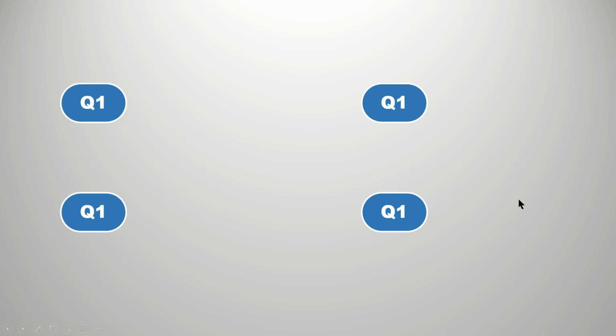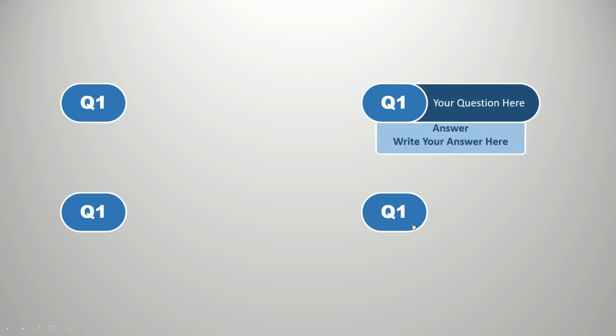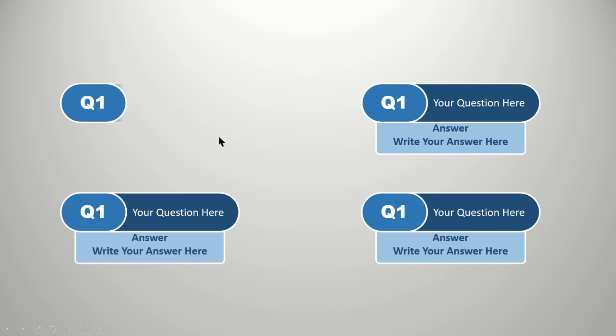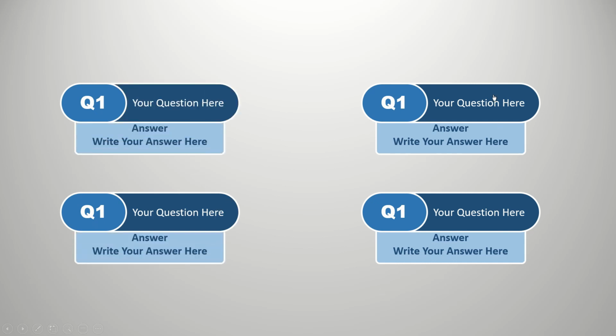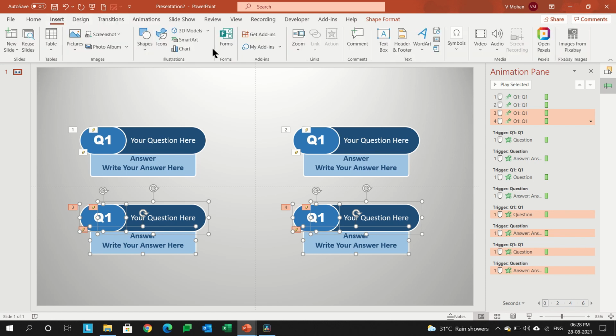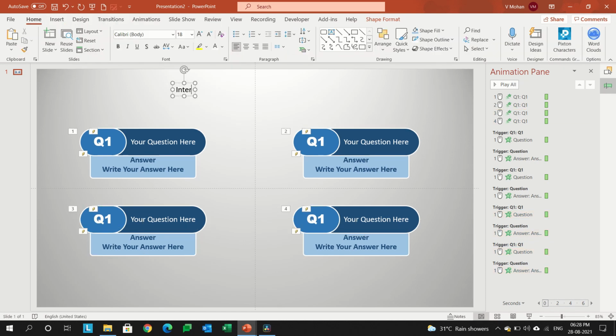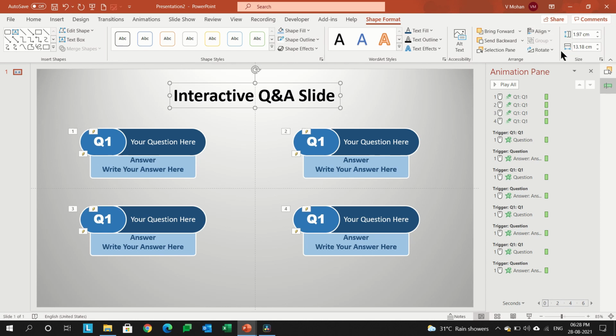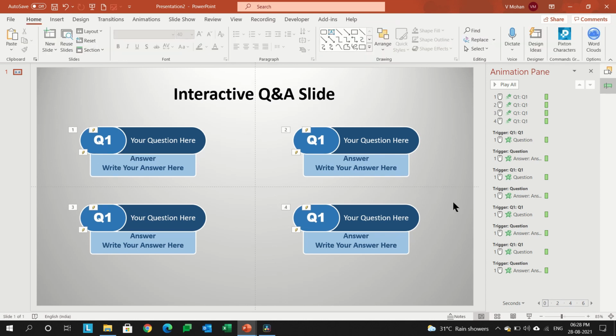Okay, so we have to adjust the animations a little bit, so that on one click it will work like this. Now you can change your own colors, everything. So we completed all the slides. We can give some headings, insert, interactives, Q&A slide. Let's put it in bold, and if required, align center. Okay. So if you want to change the colors, you can change the colors.